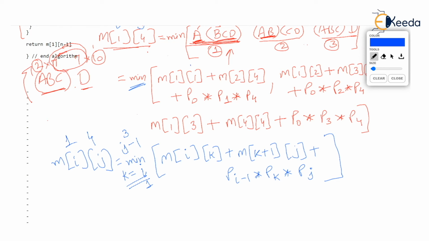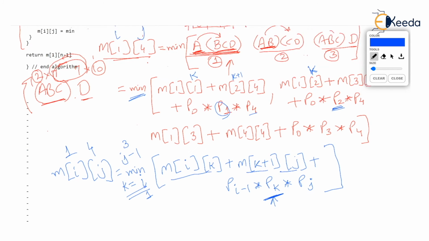And clearly, this is k where I am labeling. K is 1, so this is k plus 1, observe. Naturally, when k is 1, we have taken p1 here, that is pk. And we have taken p4, which is pj. And you notice here k is 2 now. For the next cycle, k is 2. So obviously the next entry is k plus 1. And this is again p2, which is pk. That's where we have got this pk over here. And m of ik and m of k plus 1 j. Okay, so that's how we have built the formula over here.